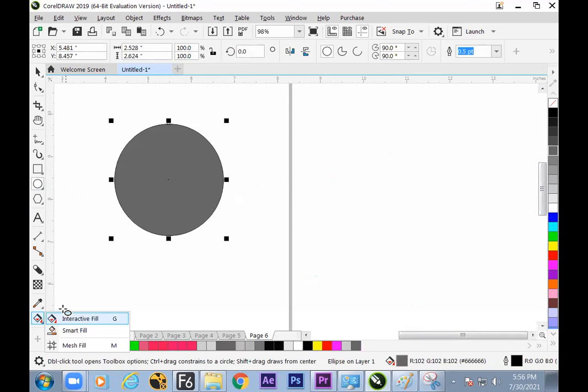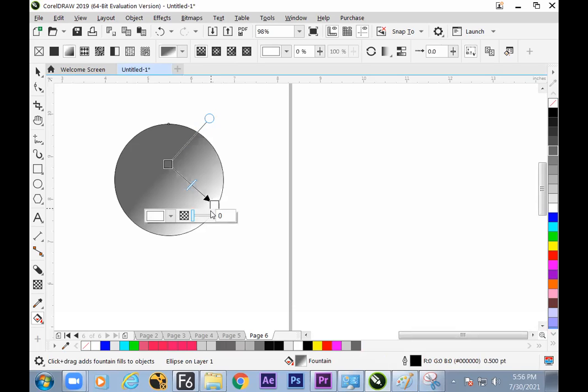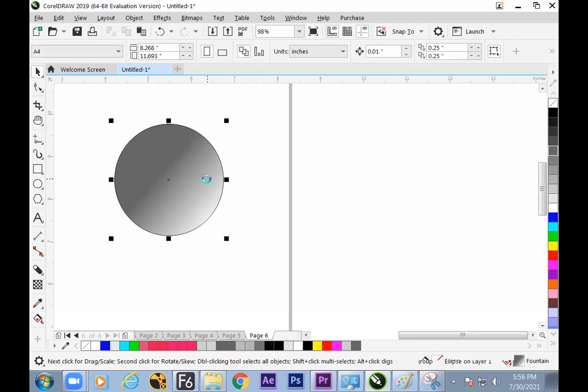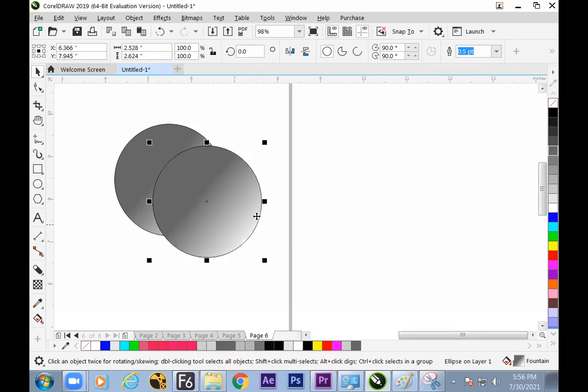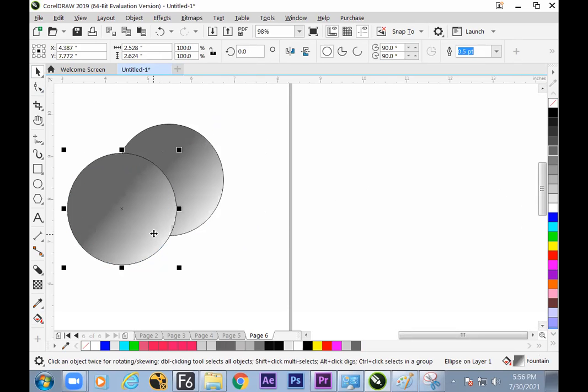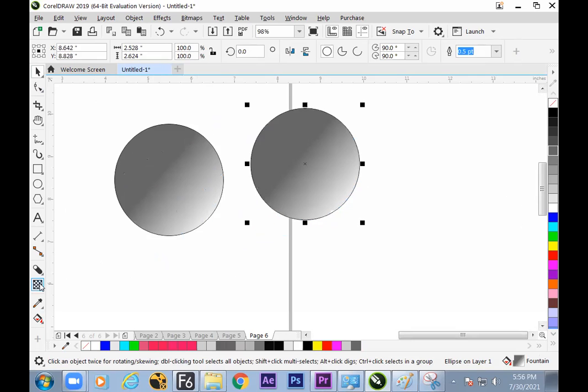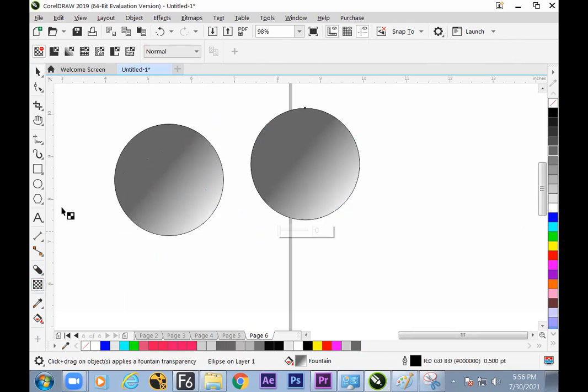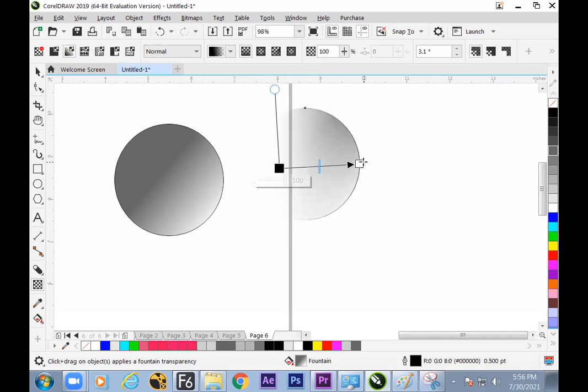Now, if we are working with interactive fill, then it is a gradient. Transparency is different and gradient is different. In transparency, you are able to see the color behind, but with interactive fill, we cannot see the color behind. Select this, you can see we cannot see the behind information, but both of them look the same if you go for the transparency with the second one. This is fountain transparency. So almost it looks the same, but it is not the same.